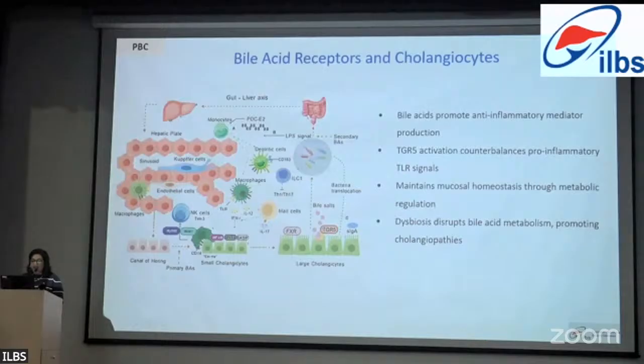And this maintains the mucosal homeostasis and the metabolic regulation. So many treatments are being targeted at FXR and TGR5. This TGR5 actually leads to activation of cholangiocytes and invites more inflammatory macrophages and neutrophils to the site of